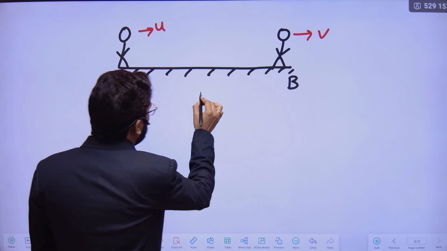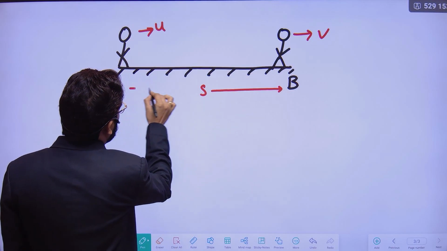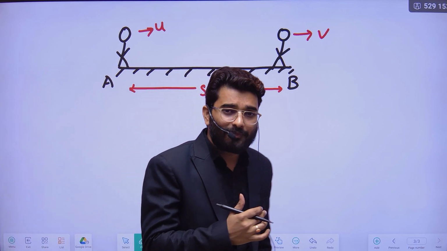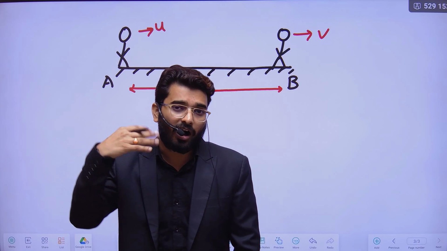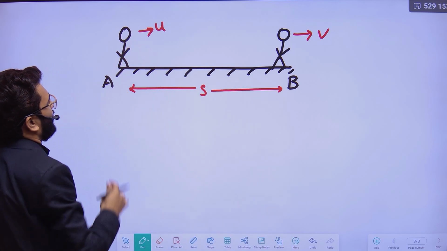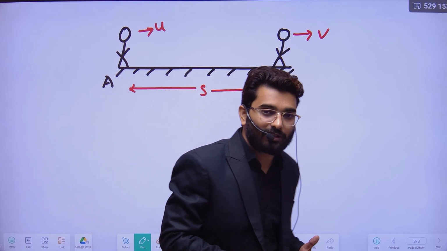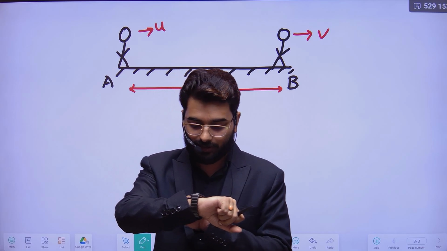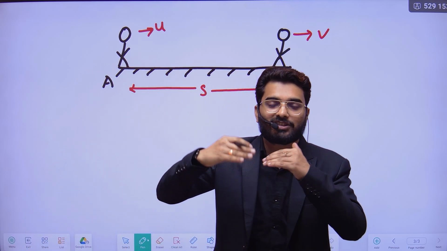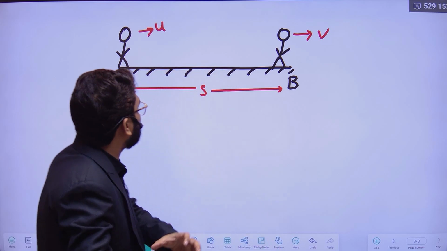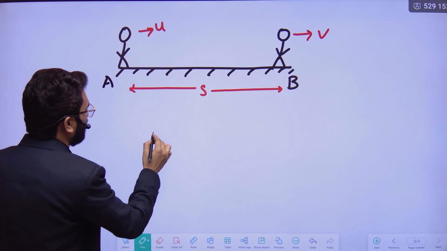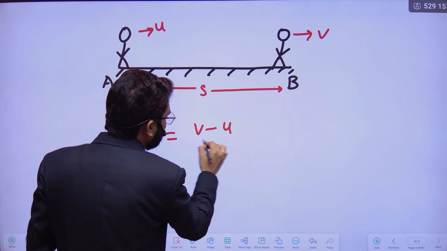We are describing u and v because there is a distance from point A to B, so we will not represent it as the distance between the points. Now we have to see that if the velocity changes, then we say there is acceleration. Suppose someone is walking very slowly, say 1 meter per second. But after some time he looks at his watch and says no, it's very late, and starts moving very fast. So the velocity increases, and when the velocity increases, we use the word acceleration. The formula of acceleration is a is equal to v minus u by t.